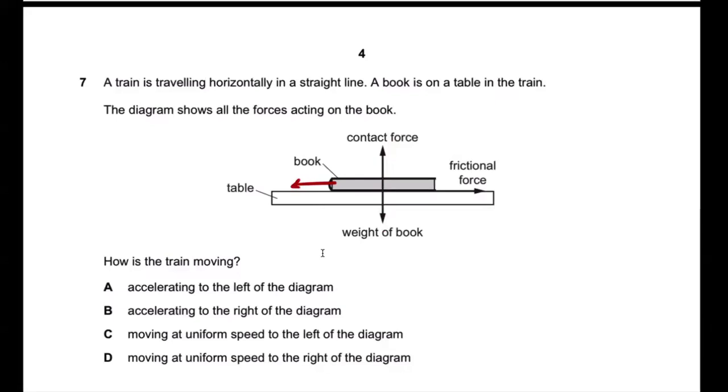So the book wants to move to the left, but we are going to comment on how the train is moving. So first off, if the train is moving at uniform speed, then the book would not move at all, right? There would be no movement in that case. So if you look at question number 7,